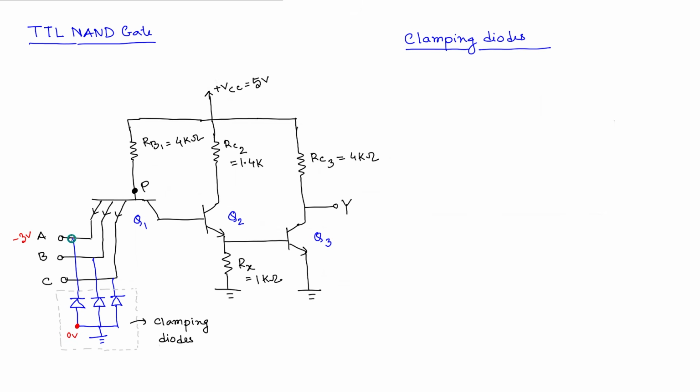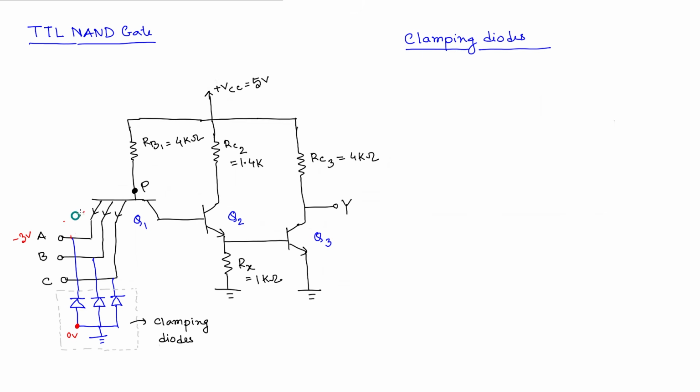So at this node the voltage we should be getting is 0.7 lower than that, so minus 0.7 we are going to get. Which will force this minus 3 voltage to this value, so that the inputs cannot go lower than minus 0.7 volt. Why is this necessary? Because